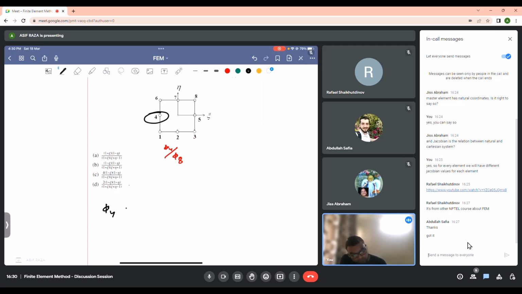That will be equal to, we'll just draw 3 lines in this case, and this will give me 1 plus xi, 1 minus xi, sorry, xi eta, and 1 plus eta upon,